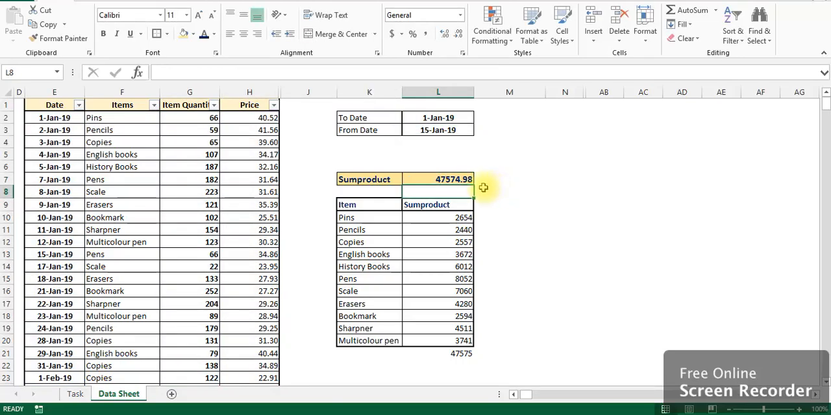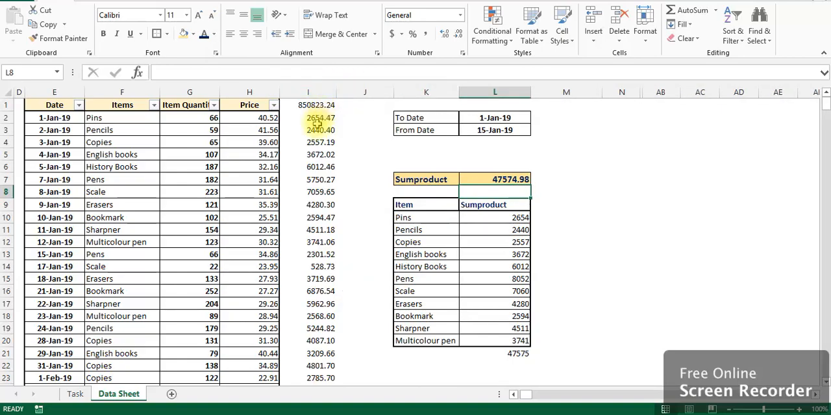Now as you can see, this is giving me the answer 47,547.98. To verify this, I am just letting you know that I have done this with multiple criteria, that is, I will be multiplying the G column with the H column, and the same result I would be getting for this date. So if I am selecting from 1st Jan to 15th of Jan, you can see that the answer is the same. Now if